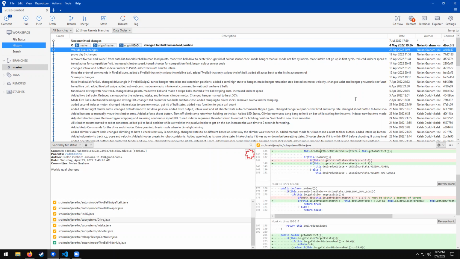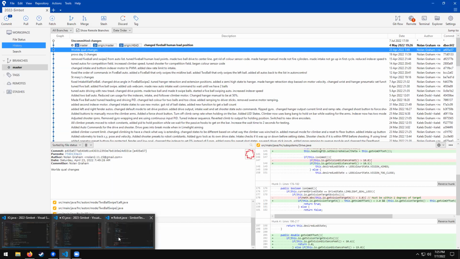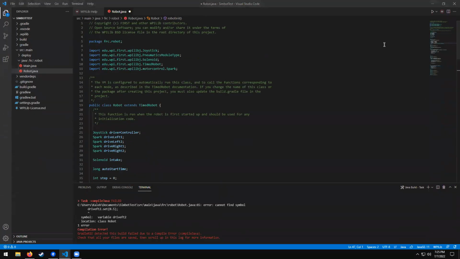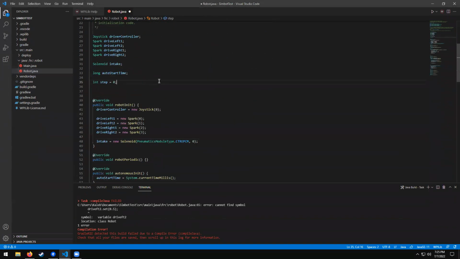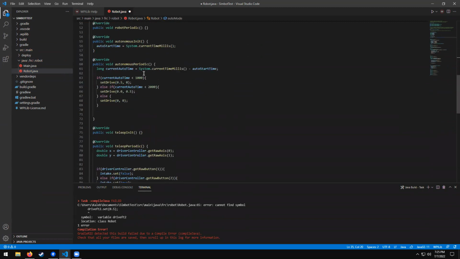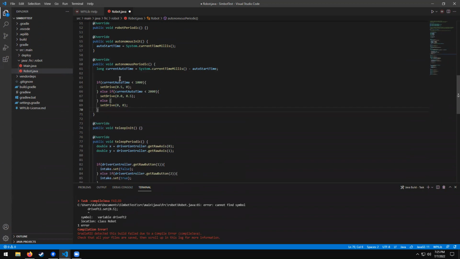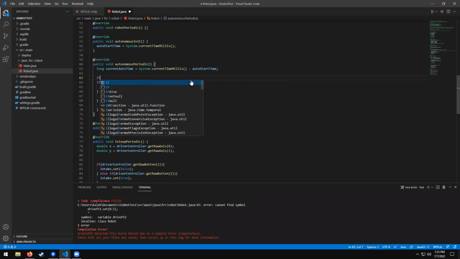Yes, that's a good question. What's the easiest way to program multiple autonomous modes and select one? Great question. So let's say, just as an example in this single file robot here, we can make a variable called auto mode. And then right before we actually run our auto, let's say this was our main auto, but now we want to make a second one. What we can do is say if auto mode